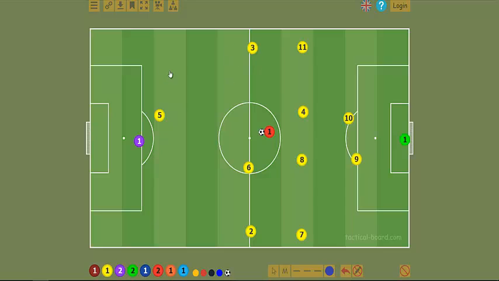So how we defend the box is like this. We use our team, like so. Make sure they're really, really compact, really narrow, really close together, so that the striker cannot dribble through, pass through, or shoot. So we have to defend our box, stop them getting into our box. And as a last resort, let's say the striker managed to get into the box, we have to defend the